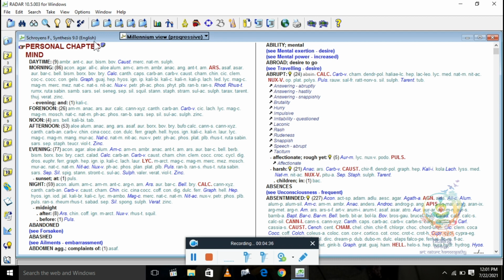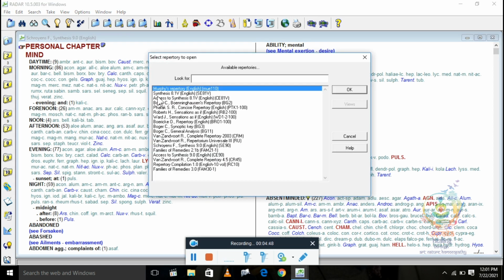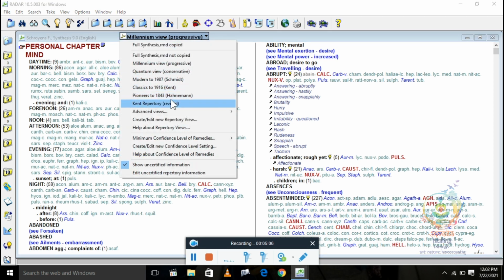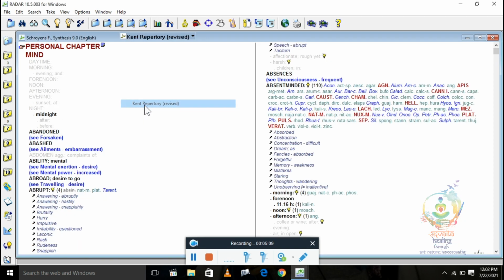Now let's say you don't want to use Schroyens Synthesis, but you want to use Kent repertory. You were thinking Kent repertory is not given in this list of repertories. So you can just click here on the Millennium view and you can see Kent repertory revised.